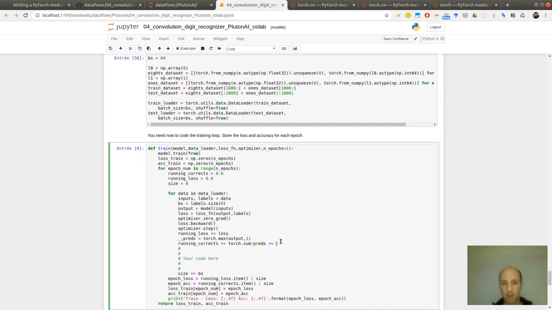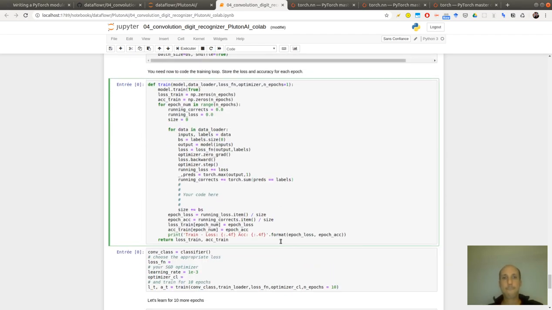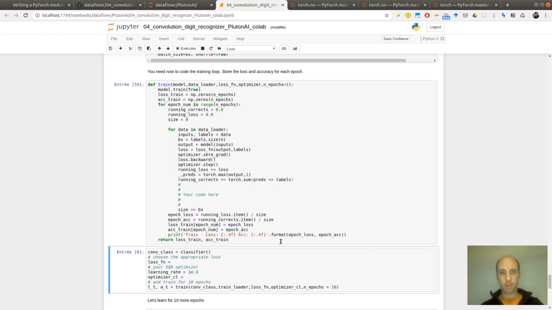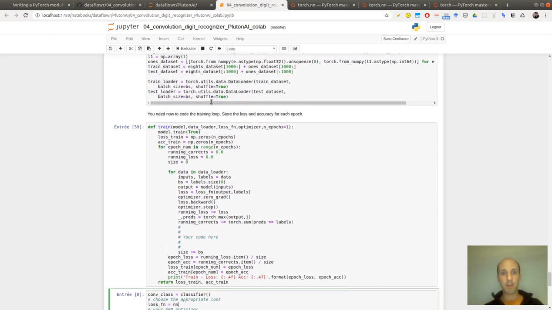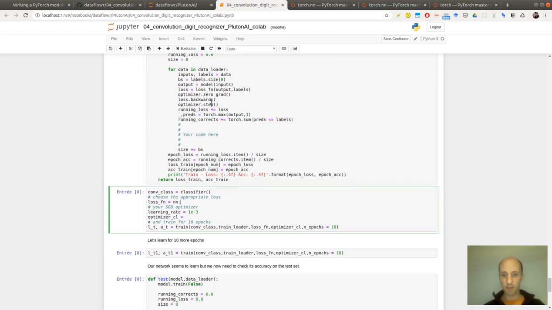Pred equals labels. I took a log softmax. So with the log softmax for the classification, it's NLL loss.